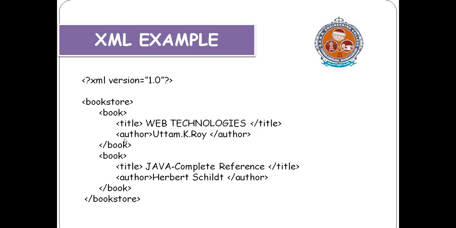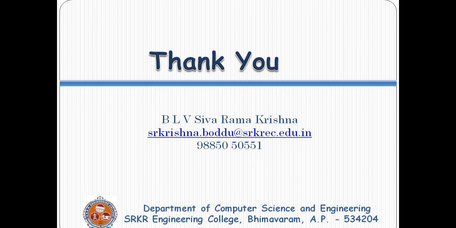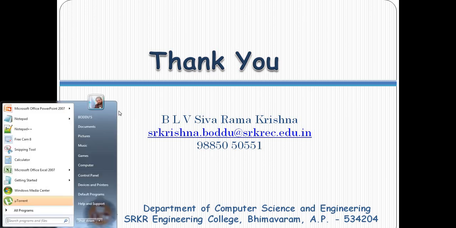And then I have to use some data. Similarly, one more child is created here, that is book. In that I define title and then author, then close with /book, then close the root node, that is bookstore. Like that we build our examples. Okay, so this is the basic introduction to XML. Now we will discuss one example.